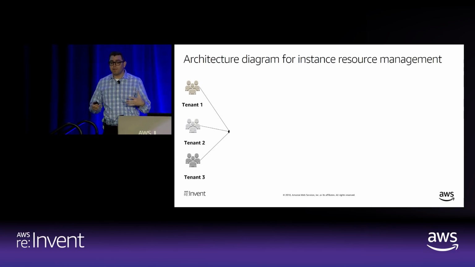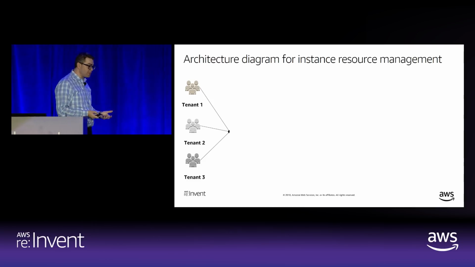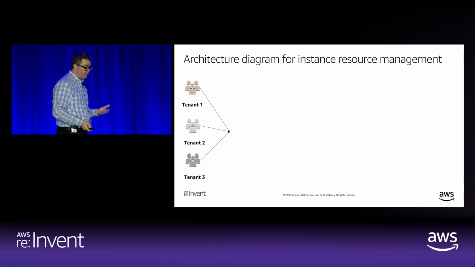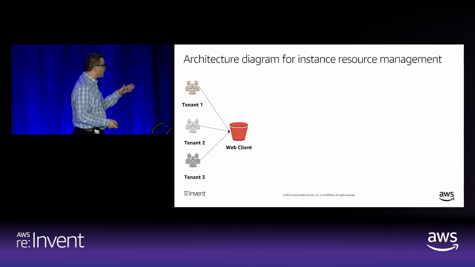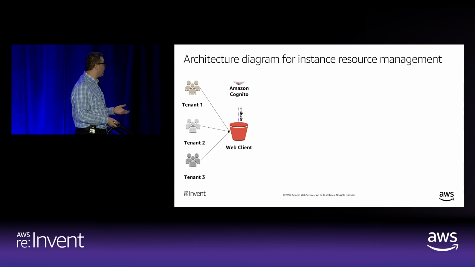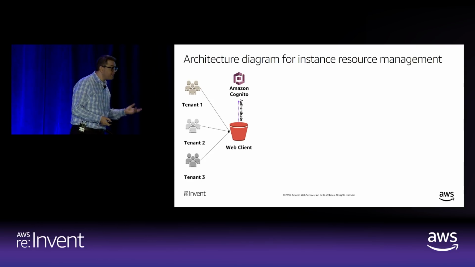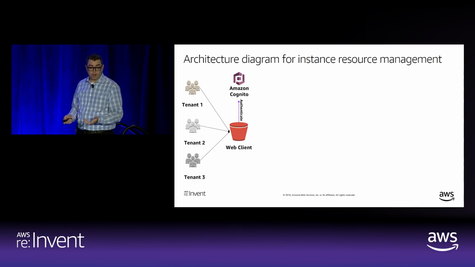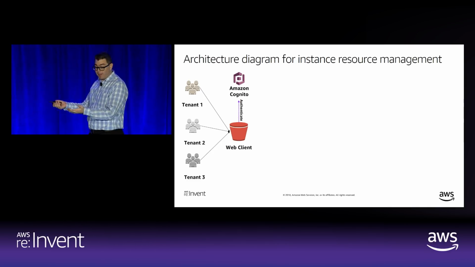So you would have a number of tenants with ultimately multiple users. These tenants are your customers. You have 3 customers in this scenario. These customers are going to hit maybe a web client or directly go through an API. They'll authenticate maybe through an API key or through a Cognito user profile, username, password.